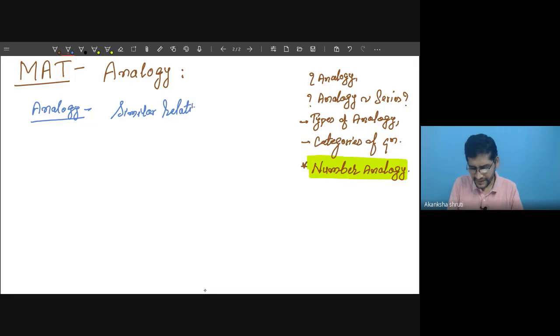So in mathematics, what could be the similar relation? Say algebraic relation. Among the alphabet, what could be the similar relation? Maybe the mirror image or maybe equidistant from the beginning or end. So these are the relations. Among the figures, what are the similar relations? And how are the questions framed? In this case, the similar relation, or we may say the same rule, is followed